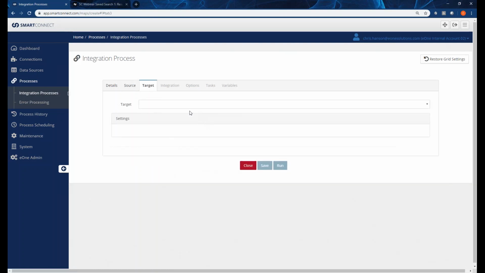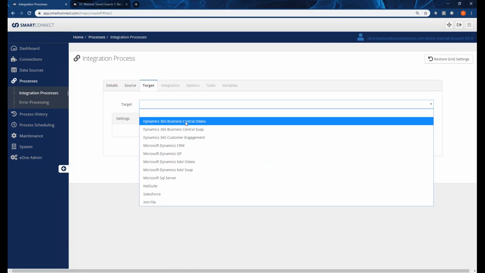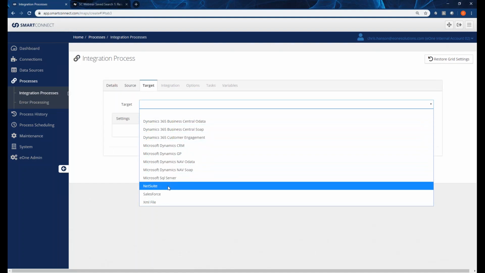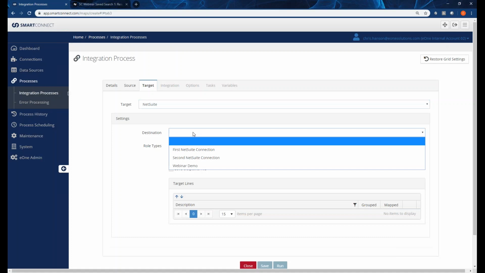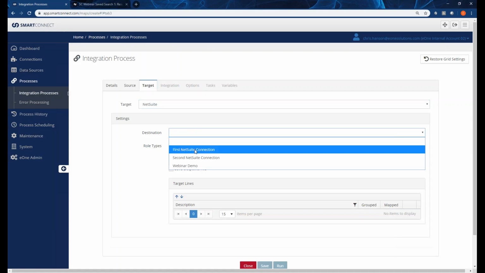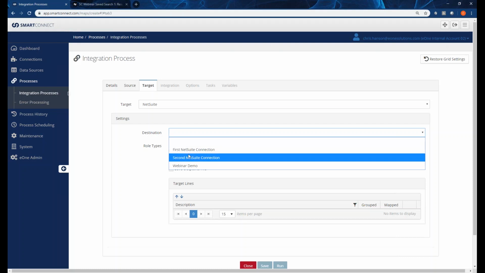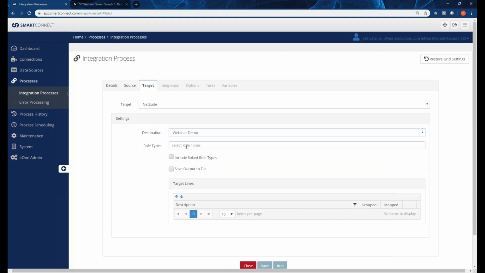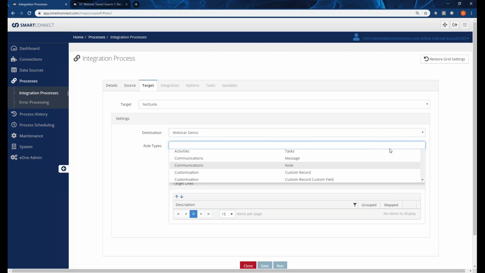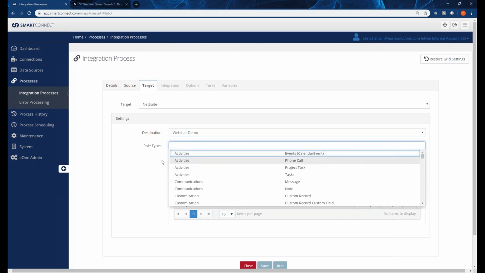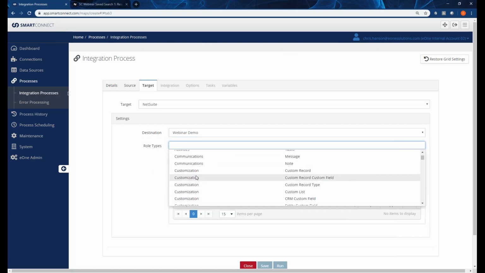Now for our target, let's click the drop down here, and we're going to be going over to NetSuite. And once again, since I set up 3 different connections in this SmartConnect environment, I've got 3. Normally you're going to have just 1 unless you've got different NetSuite tenants in here. We'll do our webinar demo, and then we get to choose where we want to send that information. So in our case here, let's look for our